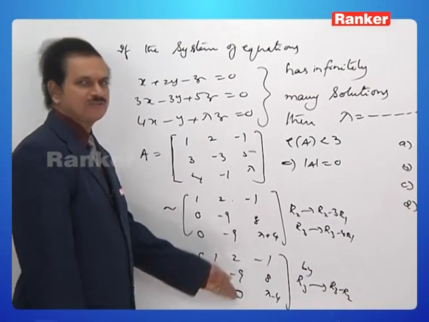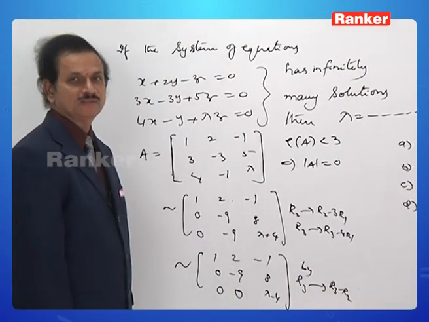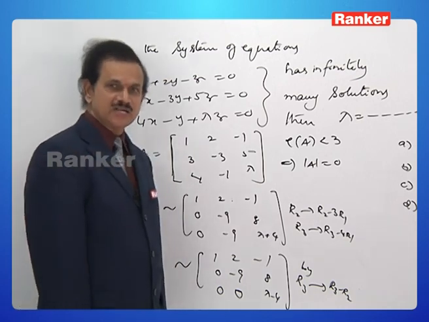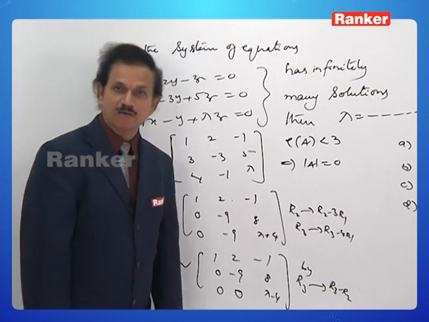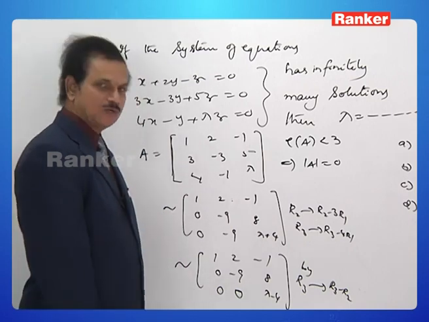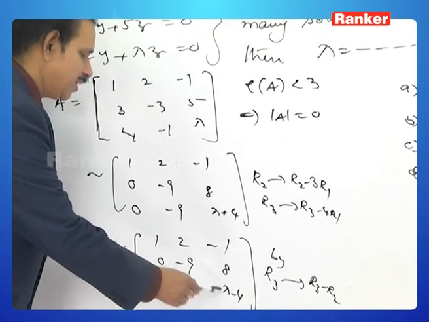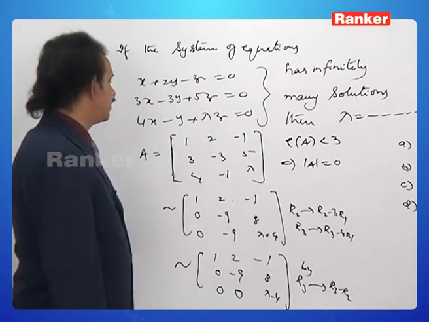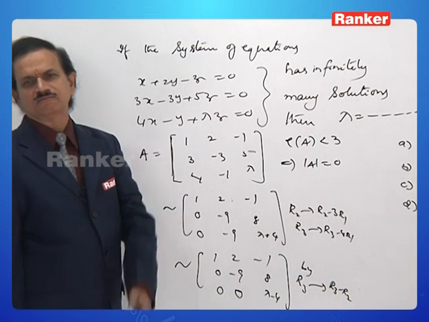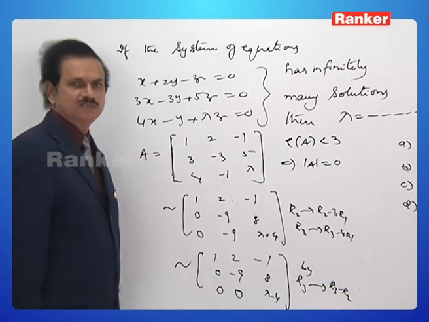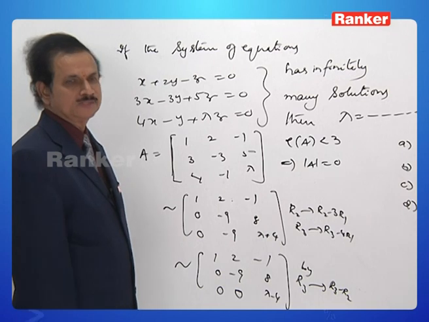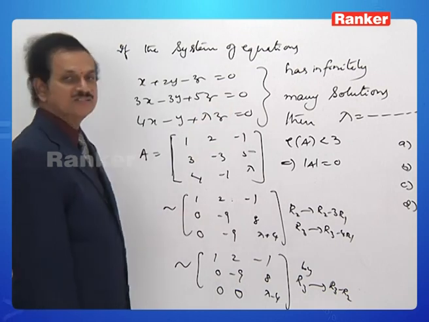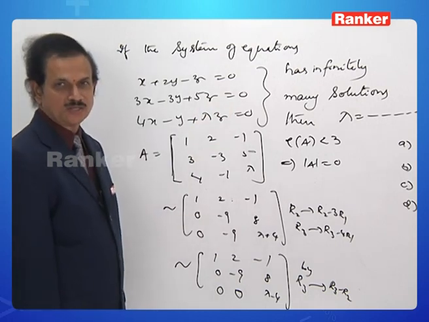From this itself, we could have noticed in the beginning that even from this form, we are able to have the determinant. What is the determinant? 1 into minus 9 into lambda minus 4 is equal to 0. Thereby lambda is equal to 4. Or you can have the determinant directly from here itself. You decide which procedure is easier. I do not mind. This is the way to look at the questions regarding homogeneous equations. Isn't it? Okay.